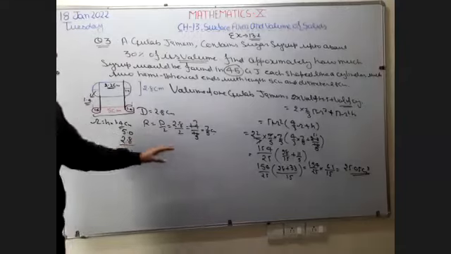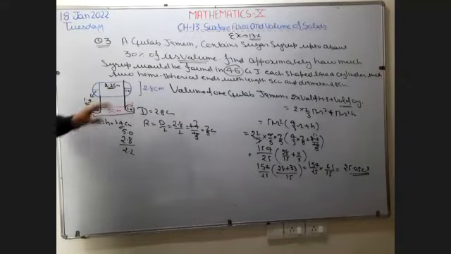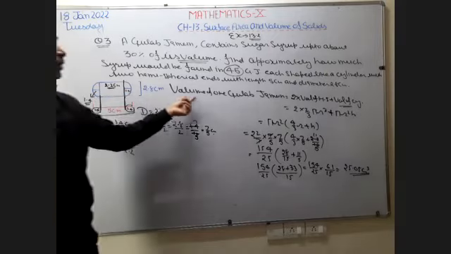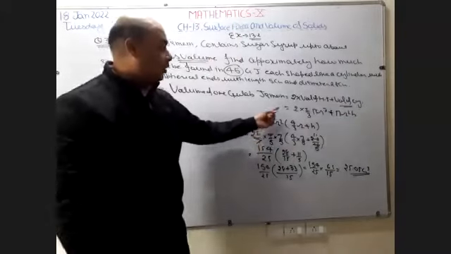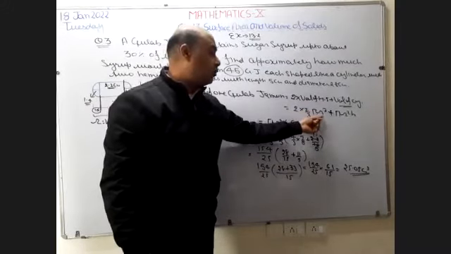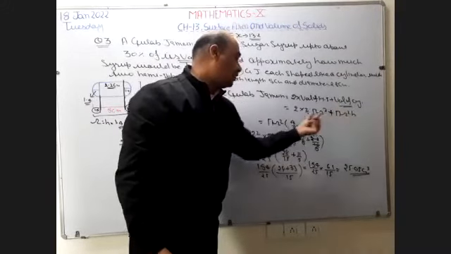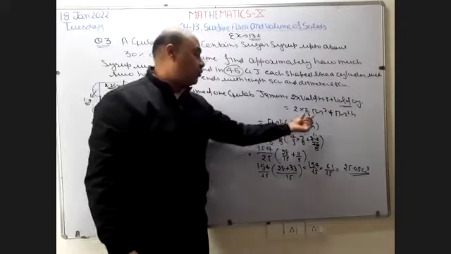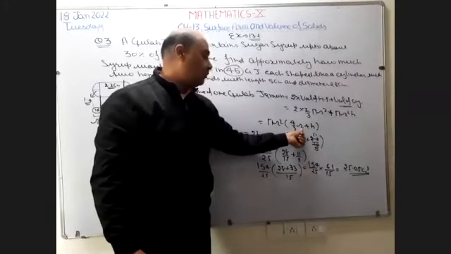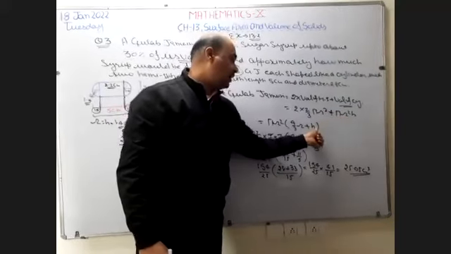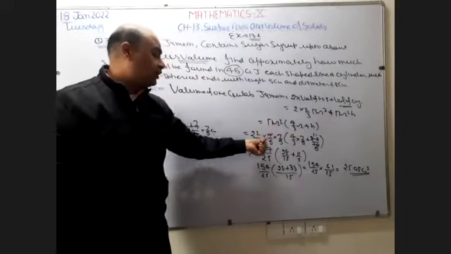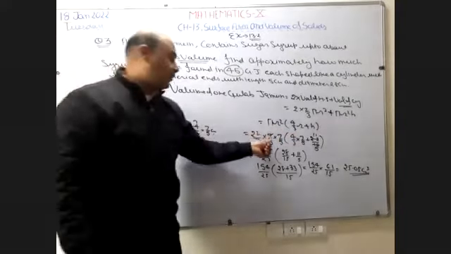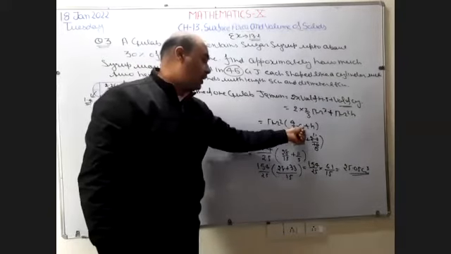Okay, I want to report this. First, we're going to find the volume of this gulab jamun. The gulab jamun is in the shape of a cylinder plus 2 hemispherical ends. So right here, the volume of one gulab jamun equals twice the volume of a hemisphere plus the volume of a cylinder. The volume of a hemisphere formula is 2/3 pi r cube. The volume of a cylinder formula is pi r square h. Take pi r square common. When you take pi r square common, what is left? 2 times 2/3, that is 4/3 r, and from the second term, the height is left. Okay, now substitute the values. The value of pi is 22/7. The radius becomes 7/5, so write 7/5, 7/5 two times. 4/3 and the radius is 7/5.